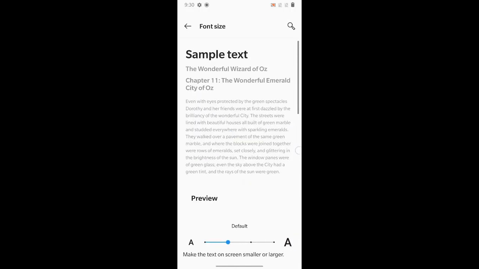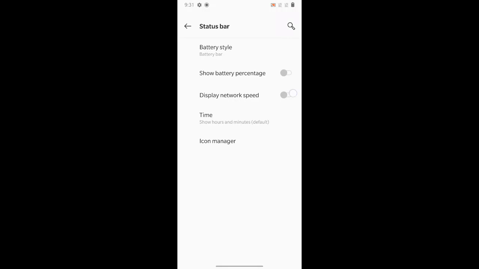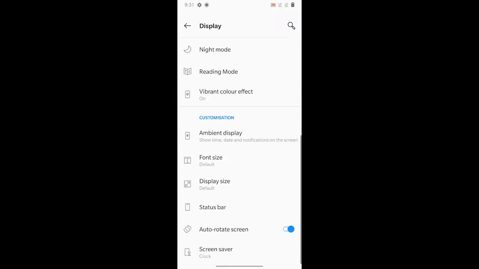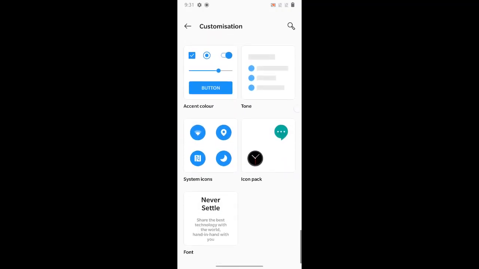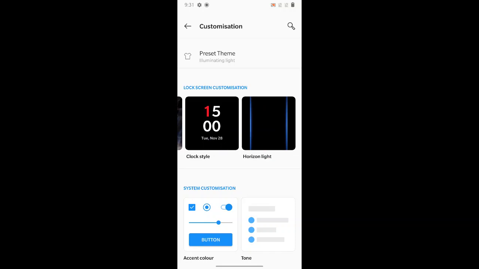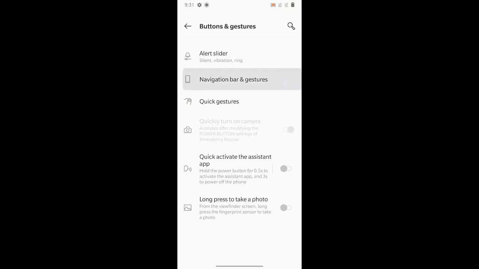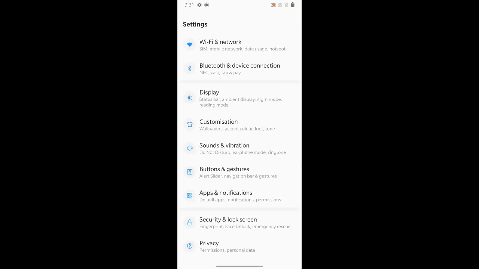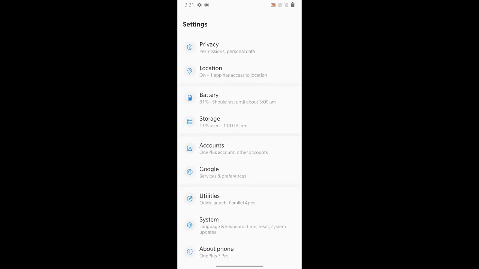Font size can also be changed. Then we have the status bar, which is also changeable. We can also change things here. Moreover, for customization, all the themes given for the OnePlus 7 Pro work here. No issues whatsoever with these options. You can also select buttons and gestures if you want to. Everything else is the same as other ROMs, but the special things included in this are